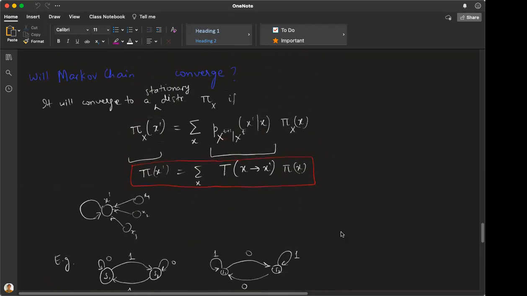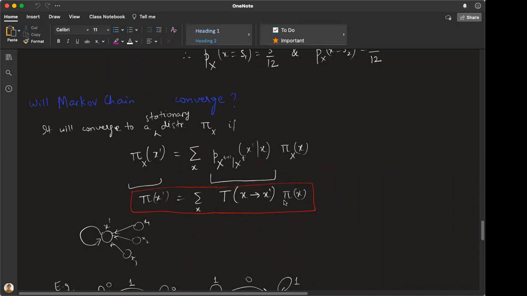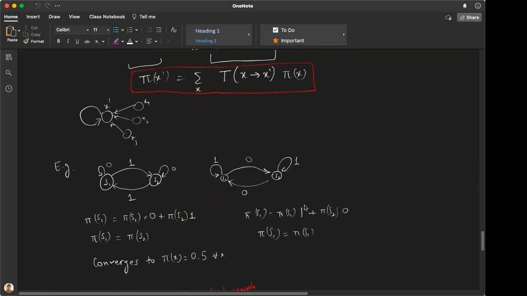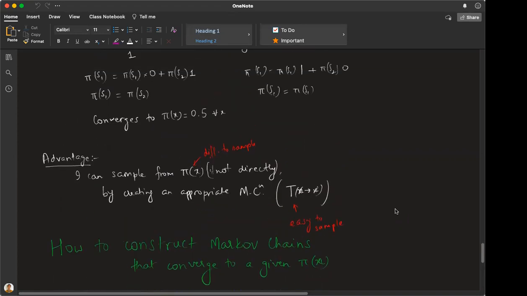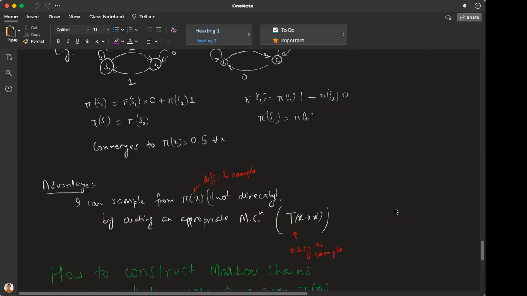So here we saw given T(x), how do we find pi(x)? And here we are asking, given pi(x), how do we find a T(x) which satisfies this pi(x)? It turns out that there is no one solution to this problem. It can be multiple, because T(x) has more parameters and pi(x) is like